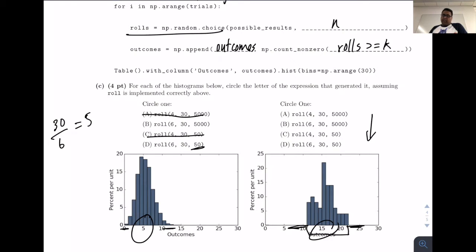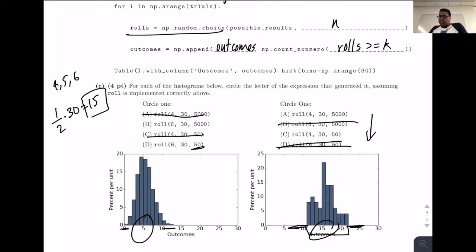Well, it's actually centered around 15. And before I said, well, there's a 50% probability of getting either a 4, 5, or 6, right? So if we're going to roll a dice 30 times, we'd expect to see about 15 of them be the successful outcome we want. And we see on the right side here, we're centered around 15. So there we can take out the options 6 and 6. And then, like I said, there's no real tail end behavior here. Everything's kind of centered around what we'd expect. So here we can say that this answer is C,